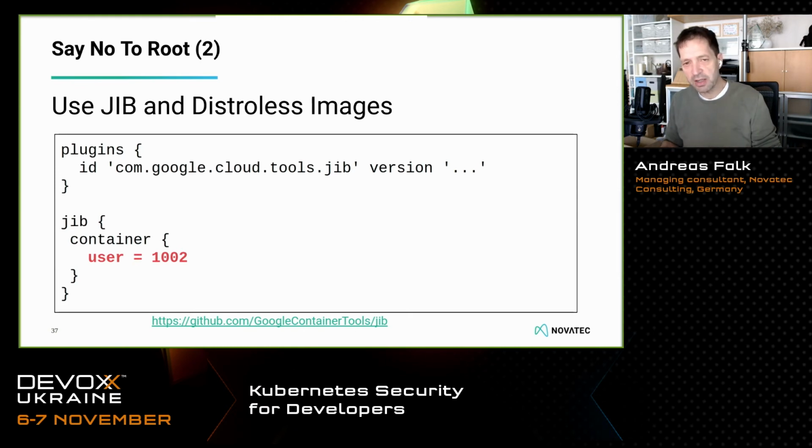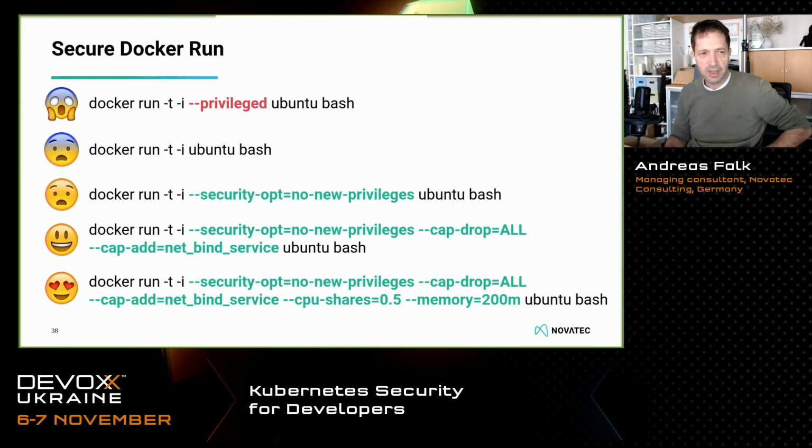So you get distroless base images for all the programming languages like Node.js, Golang, Java, stuff like that. My recommendation would also be to use distroless images as base images, so it's a bit more secure as well. And here you can also specify user 1002, for example. You have also the advantage here that you don't have to add that user beforehand. Just specify a user ID here, and it won't take the root user anymore to execute all this stuff. So this is a recipe for secure Docker run.